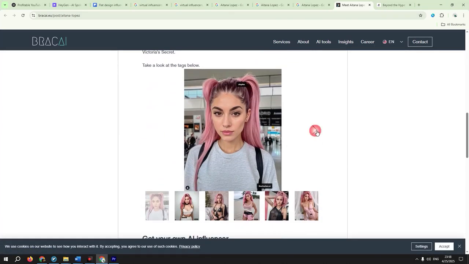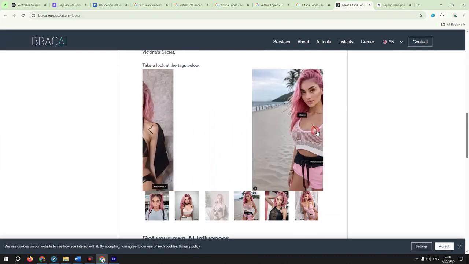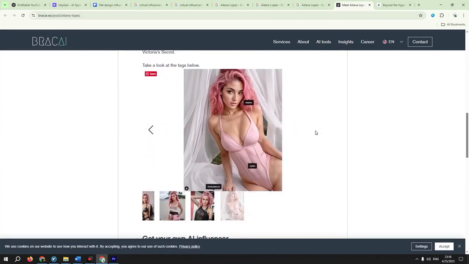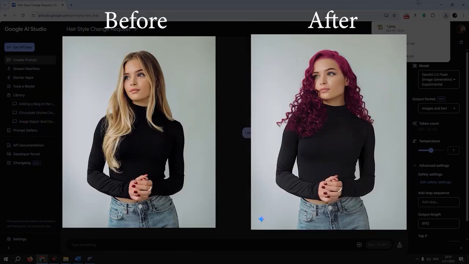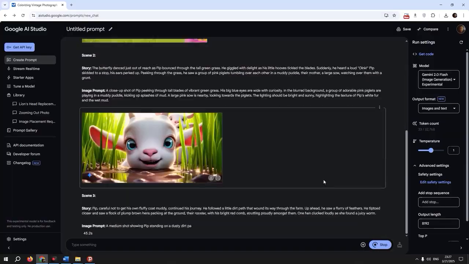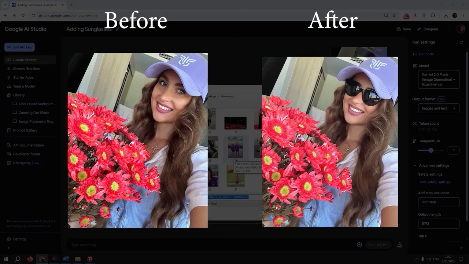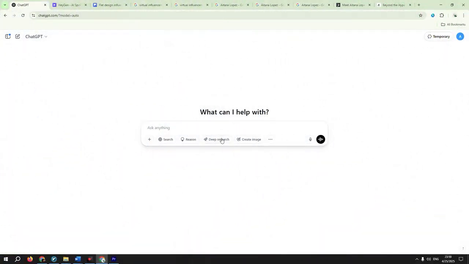To create this type of content, you first need to design a character, then continue generating photos and videos based on that same look. For instance, I'll create one using ChatGPT and another using Google AI Studio. Google AI Studio is excellent for image editing. I've provided a separate tutorial for it in this course. So I go to ChatGPT and say,